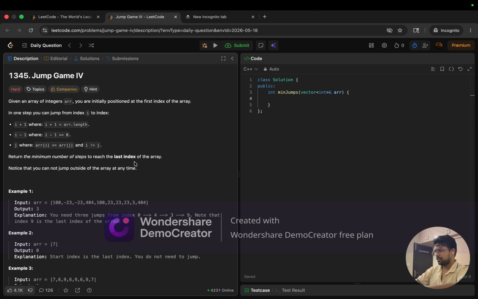Okay, so let's solve today's LeetCode daily problem. If you solved yesterday's problem, both are similar, but this is a hard problem. Yesterday's was medium. Let's understand the problem. We have an array,